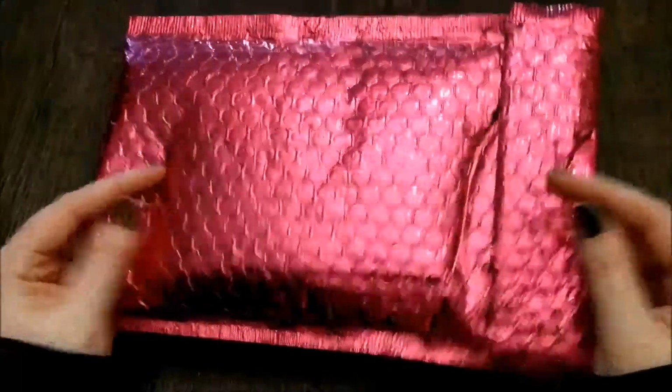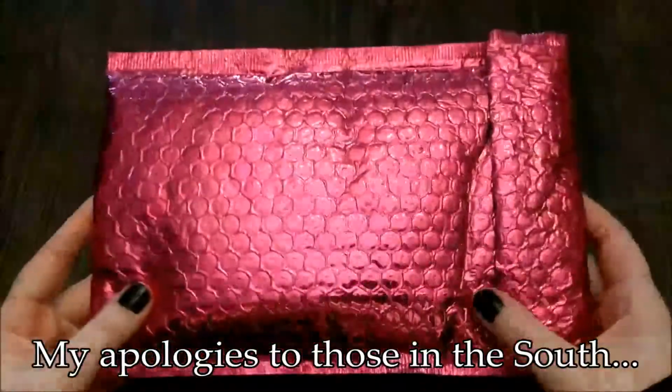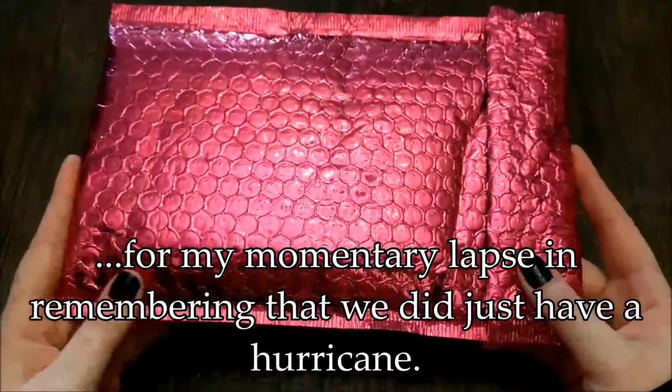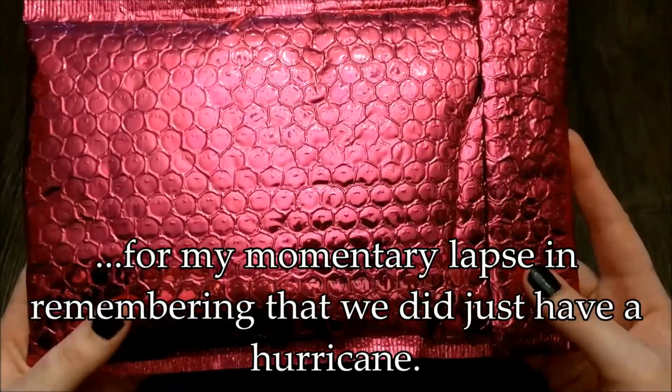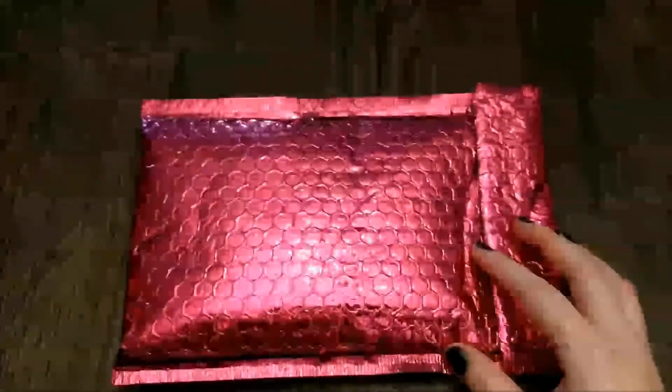My October Ipsy bag is finally here. It is about a week late. I don't remember ordering anything extra, so I'm not sure why it was late. Although I do think Ipsy is doing open enrollment right now, which sounds really weird to say. Anyway, my bag is here, but before I open it up,